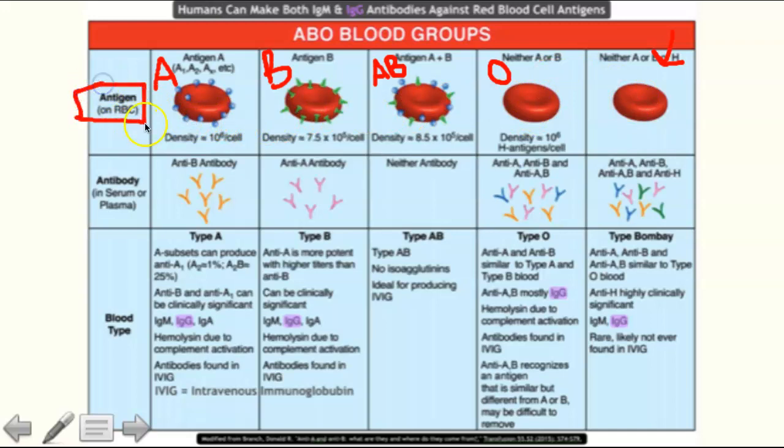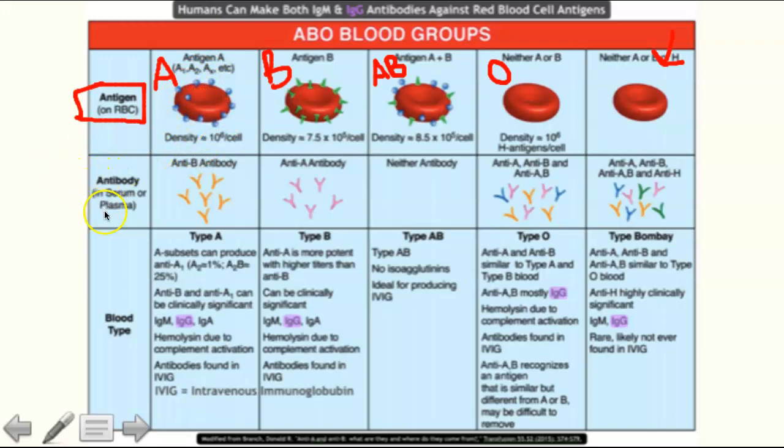So antigens are found on the surface of the blood cells, and basically they're like recognition tags for the blood cells. So type A cells have A antigens, type B cells have B antigens, type AB cells have both A and B antigens, and type O blood cells don't have any antigens. And here's where it gets a little bit tricky. If you're type A blood,